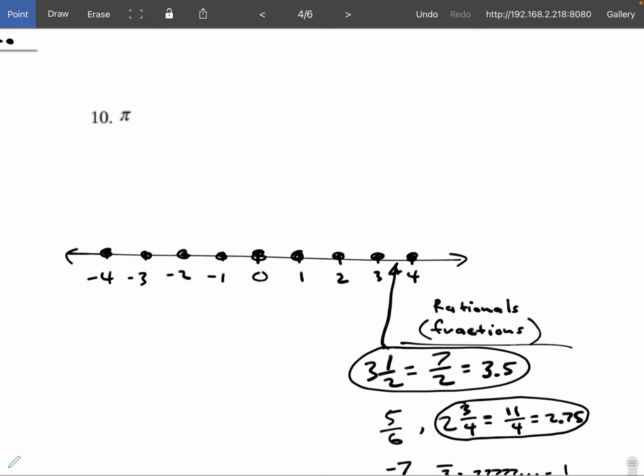So like the square root of 9 is what? 3. What's the square root of 16? 4. That means if you pick a number between 9 and 16, so you guys pick one. Give me a number between 9 and 16. 12. That means 12 is between 9 and 16. So the square root of that would have to be between 3 and 4. So let's do that. So if you do the square root of 12,